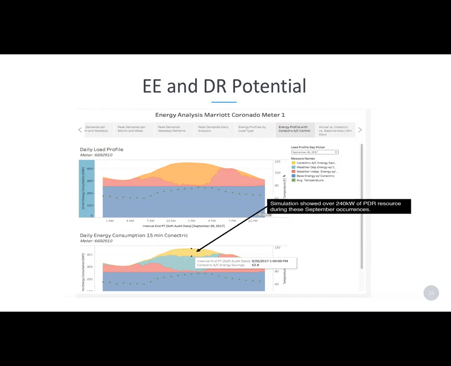So those, again, are peak hours when the cost of electricity is highest, when the grid is most constrained, when the marginal emissions rates of generators producing electricity are the highest. And we're able to reduce overall about 240 kilowatts of power and a substantial amount of energy